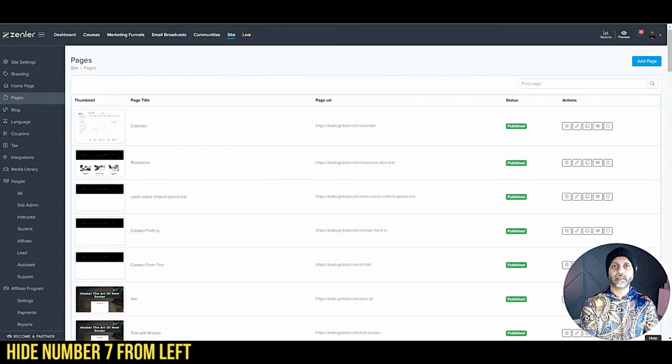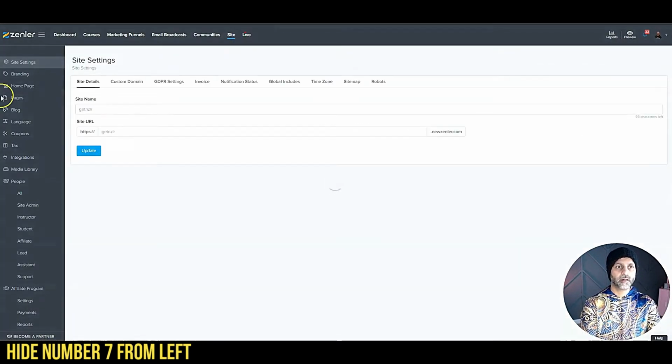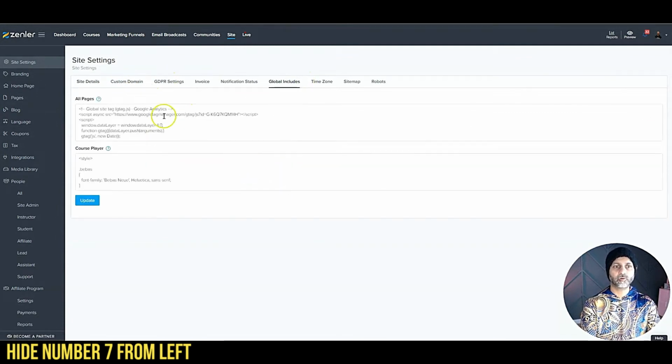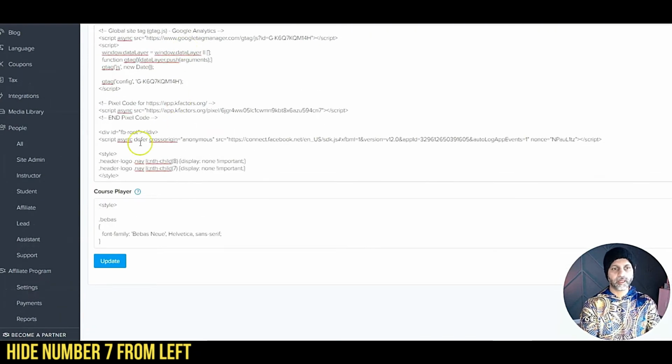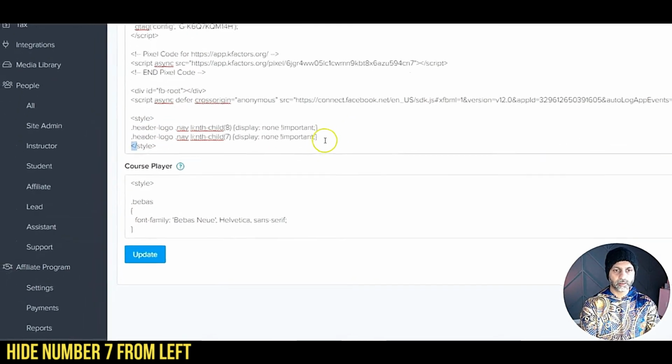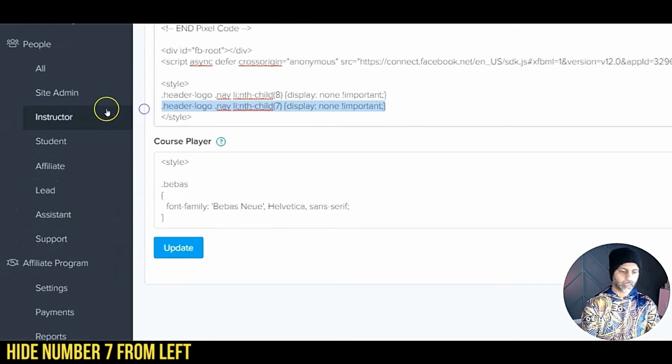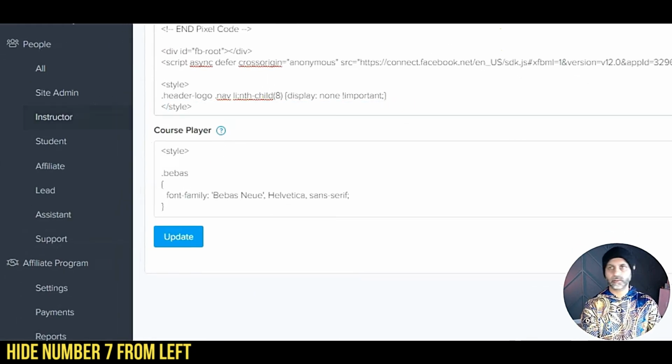How we do that is I'm going to go into site, then global includes, and I'm going to add a piece of code here under all pages, right at the bottom. I'm going to add this code, and it says style. So you're going to open it with the style and then close it with this style, and then within here we decided it's number 8. So I'm going to delete this,